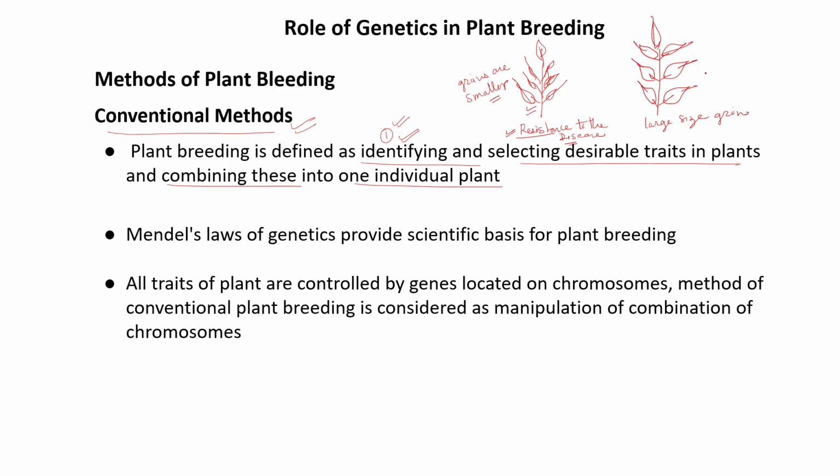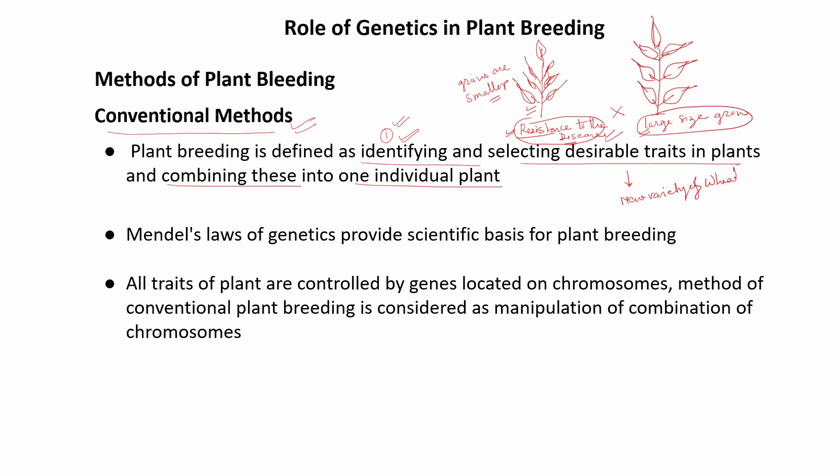They are susceptible to the disease. So what we want from this one is the resistance to the disease, and from here, large size grains. Now I want a plant that has both these traits, so we can breed these two plants, and we can have a new variety